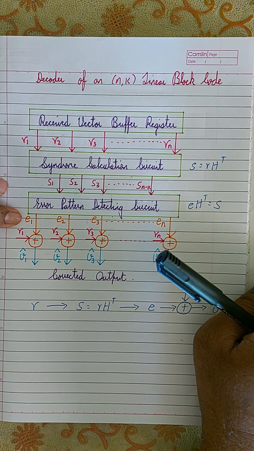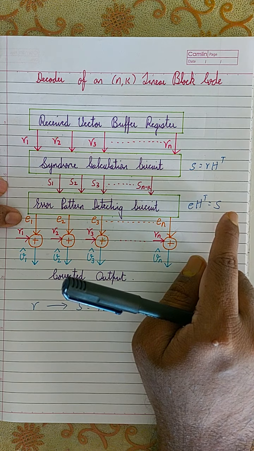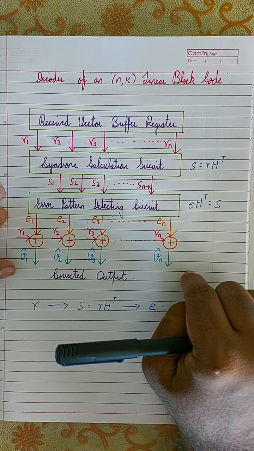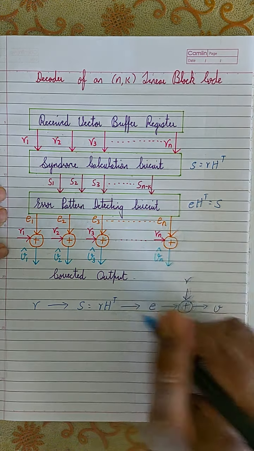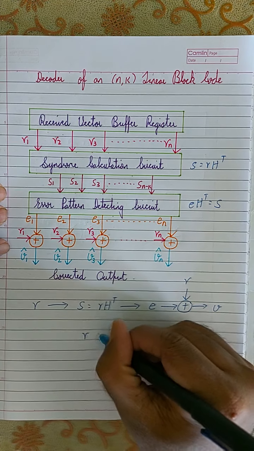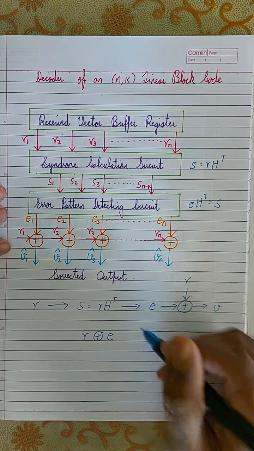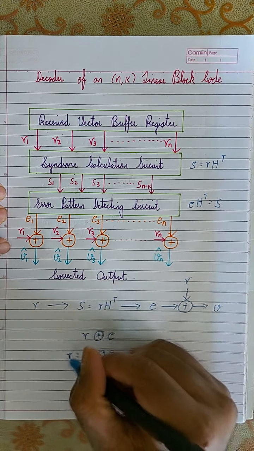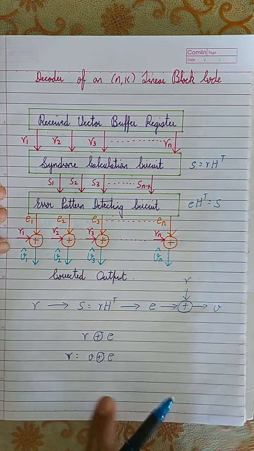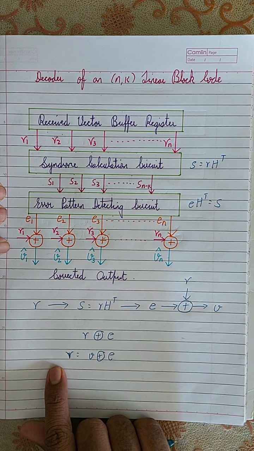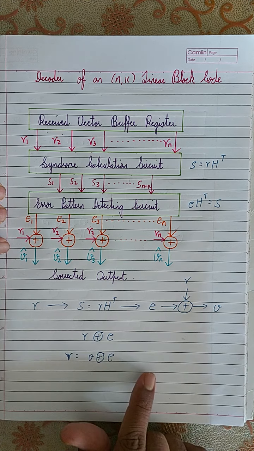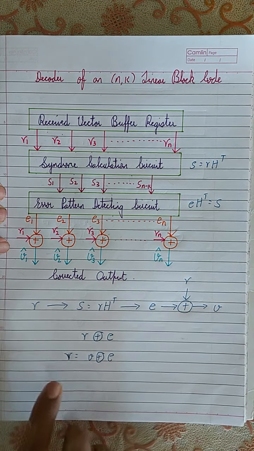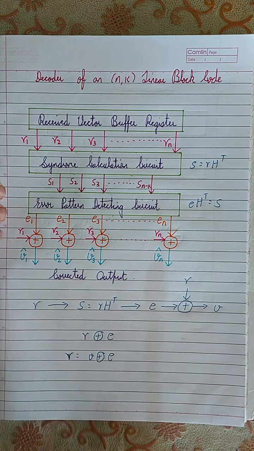Okay, and then how do you find the transmitted code word, the actual correct code word? All you have to do is simply XOR the received code word R with the error pattern E, because we all know that R is equal to V XOR E. We have discussed this. The received code word is nothing but the correct code word plus the error pattern. The error pattern gets added into the code word, and that is how we get the wrong, or received, code word.